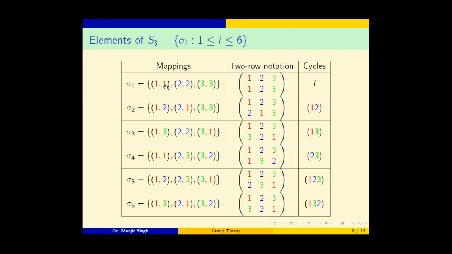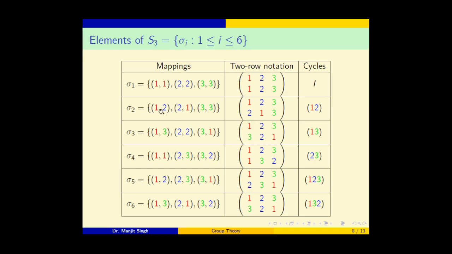Elements of S3. In many numerical problems we use S3, the symmetric group of degree 3, and elements of S3 can be seen in the following form, in the form of mappings. We know that elements of S3 are bijective mappings. So this is the identity mapping, in Cauchy form or two-row notation. This is one-row notation. We write identity when all elements are fixed, so no element moves under this mapping. So we write I here.